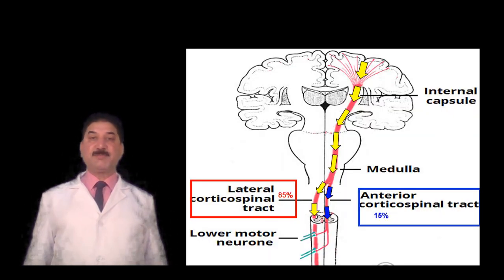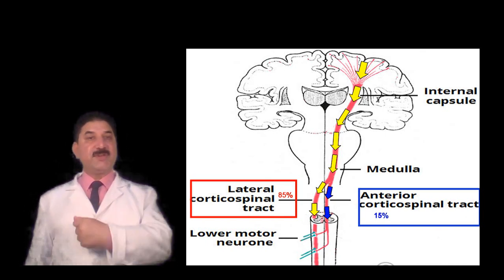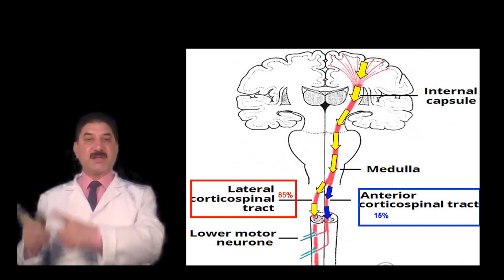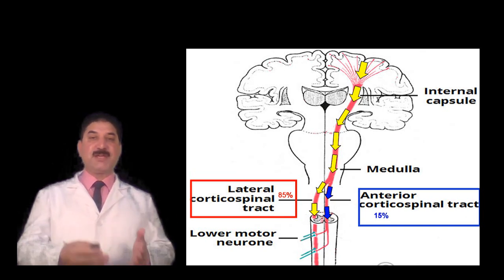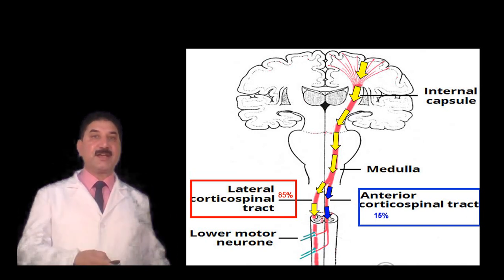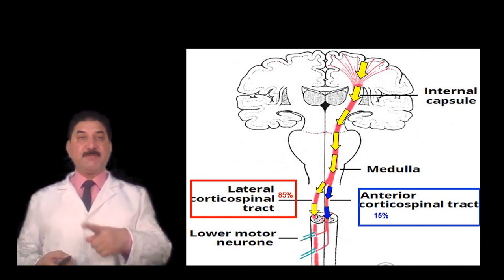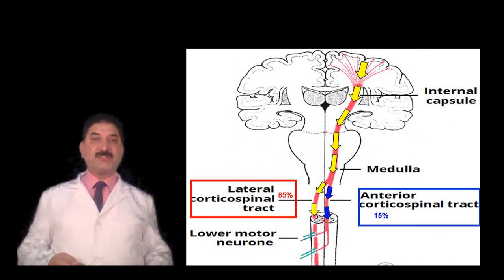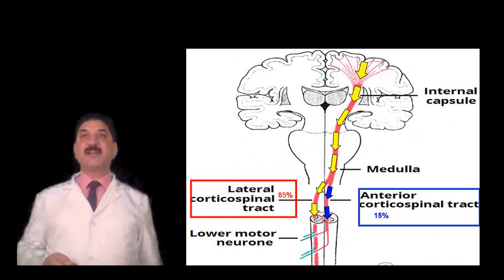These pathways are responsible for voluntary control of musculature of the body and face. Functionally, these tracts are divided into two. Corticospinal tracts supply the musculature of the body, and corticobulbar tracts supply musculature of the head and neck. Corticospinal tracts begin in the cerebral cortex from the primary motor cortex, premotor cortex, and supplementary motor area. They also receive nerve fibers from the somatosensory area, which plays a role in regulating the activity of the ascending